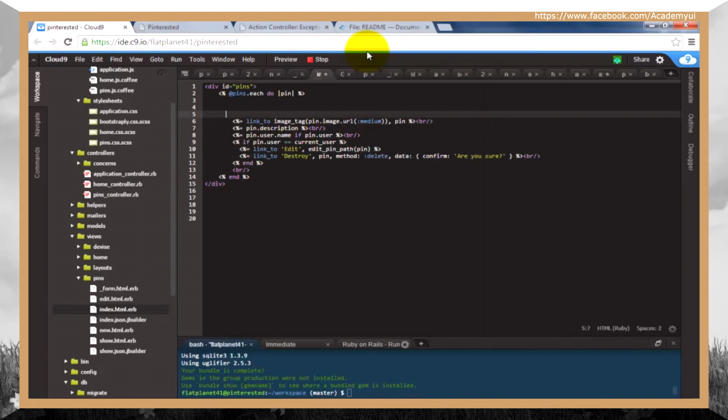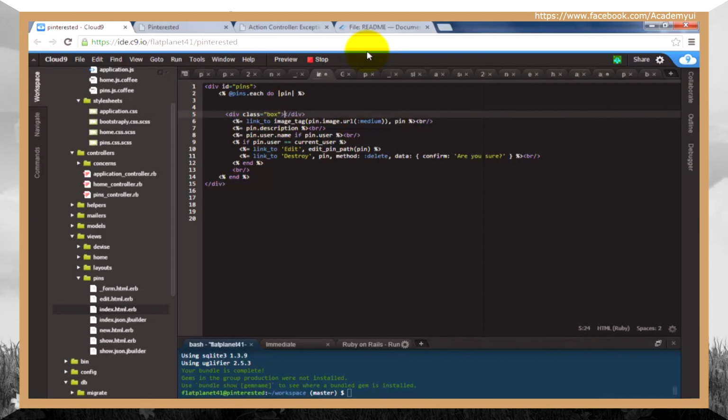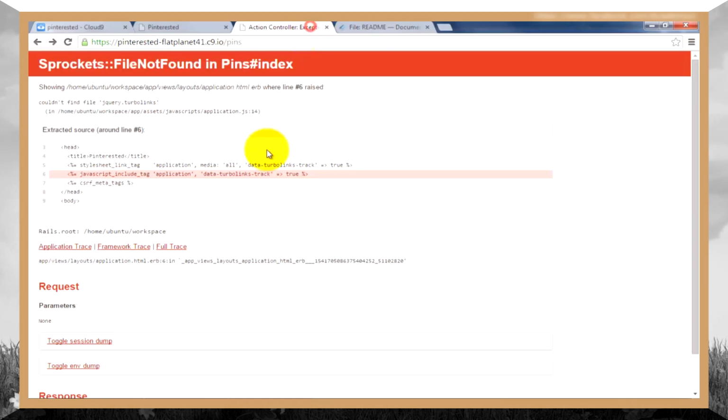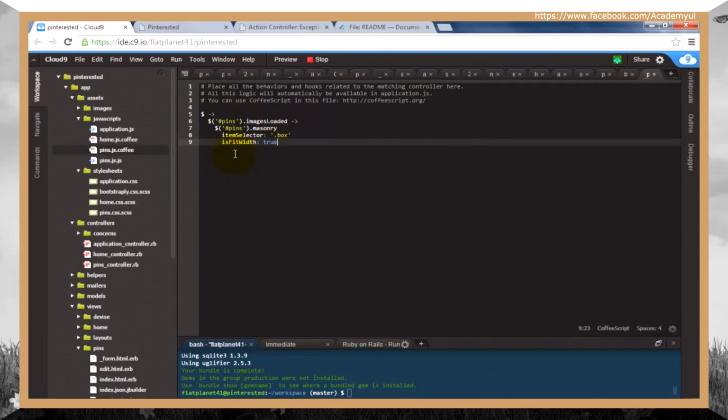And on the inside, we need a div with a class equals box. That's where I was messing that up. There we go. This isn't going to fix our error, but it is going to help in a little bit. What we need to do is add a little bit of JavaScript to our pins.js.coffee. So basically this is a little bit of CoffeeScript here, some JavaScript stuff,